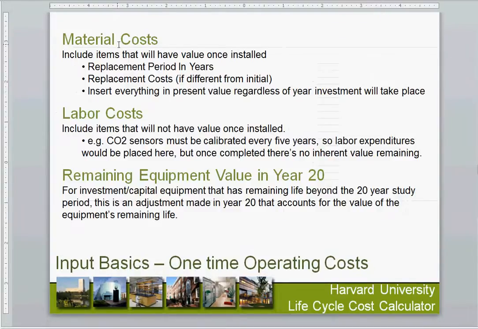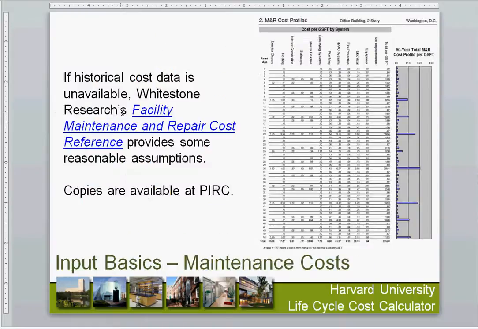So we've talked about material costs, labor costs, and remaining equipment value in year 20. One of the things we're normally struggling to find are those maintenance costs. I wanted to point out the availability. Whitestone Research seems to be the only company that we could find that has a facility maintenance and repair cost reference that's based both on system and type of building, and gives you an outlay of when you would expect to replace these systems. One thing you might notice is we have very large costs in year 20 and year 15 and year 10. And that goes back to our replacement period of the 20-year period. They do have their peak ones in year 30,